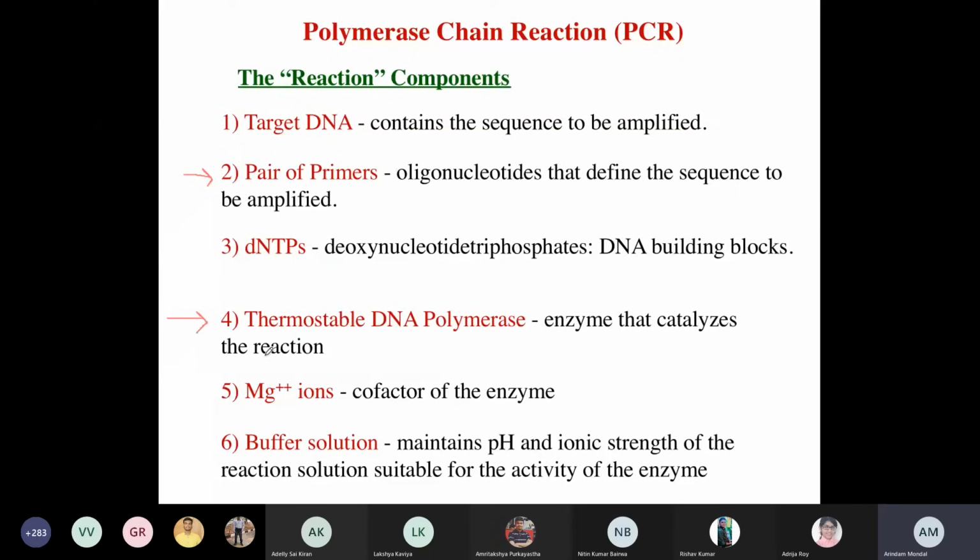But in that case, you have to heat the sample at more than 90 degrees centigrade, sometimes 95, sometimes 98 degrees centigrade. Now, if you use a regular DNA polymerase, for example, a human DNA polymerase, or an E. coli DNA polymerase, a regular polymerase isolated from regular bacteria, and you heat it up at a really high temperature, 98 degrees centigrade, what will happen? The enzyme will get destroyed, or you can say the enzyme will get denatured.